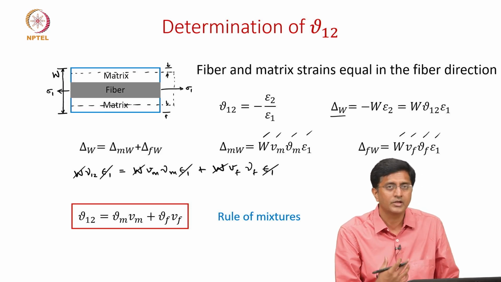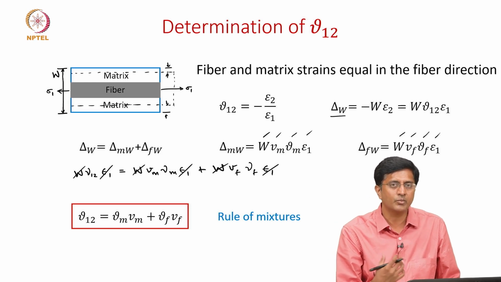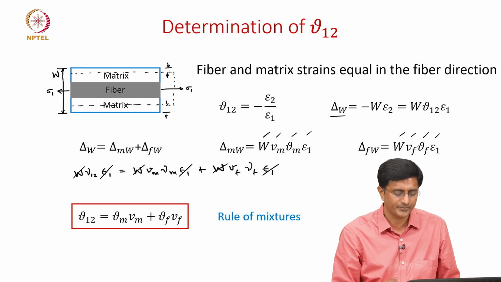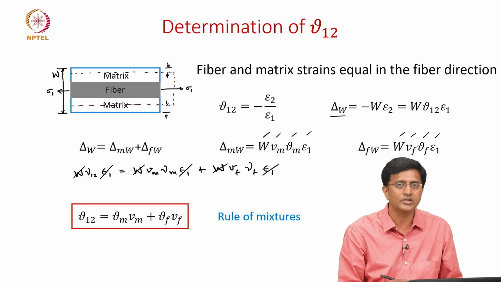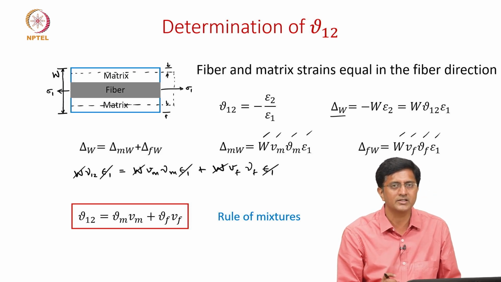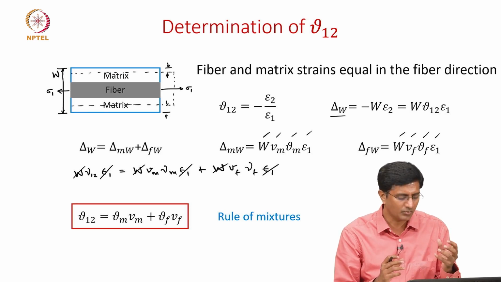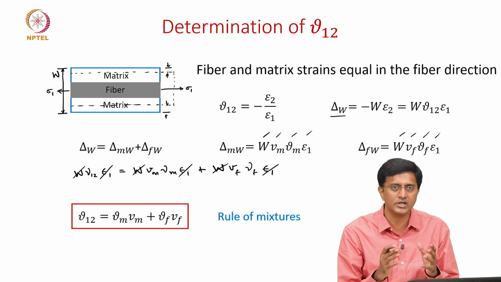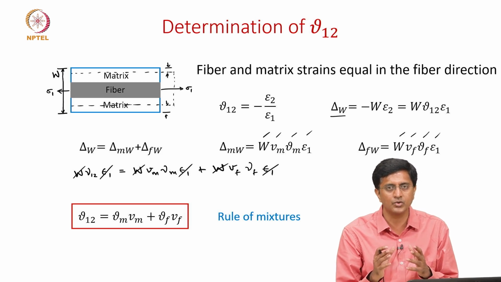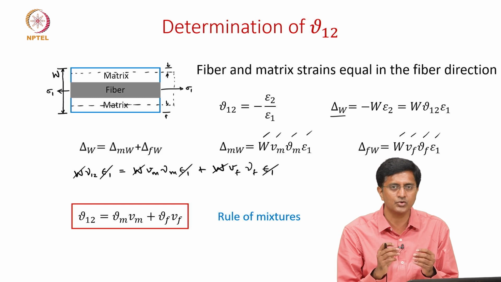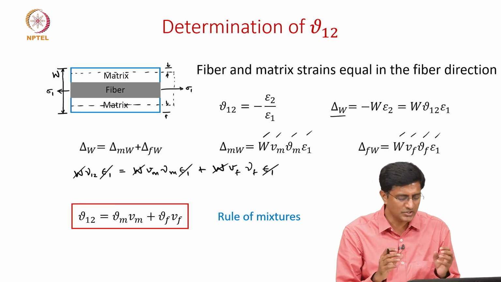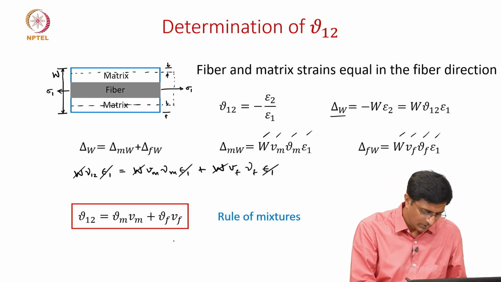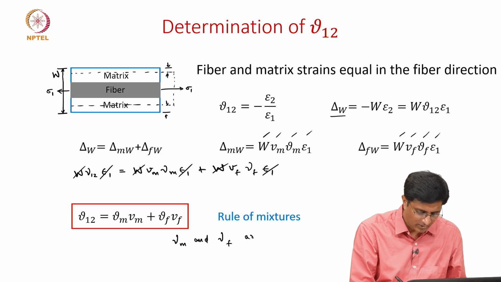And here, can we comment on whether it is matrix dominated or fiber dominated? For that, we have to look at what are the values of the Poisson ratio for the matrix and the fiber. Are they very different? The answer is no. Usually the Poisson ratios are very close because these are in the range of 0 to 0.5, but most often very close to 0.3. Since these values of Poisson ratio of the matrix and Poisson ratio of the fiber are close,